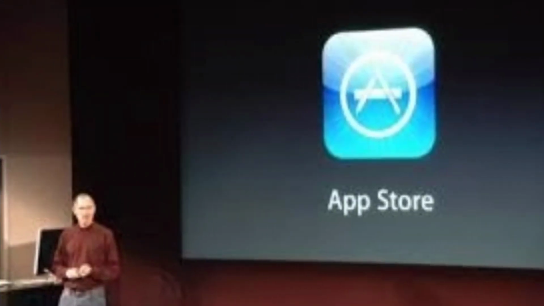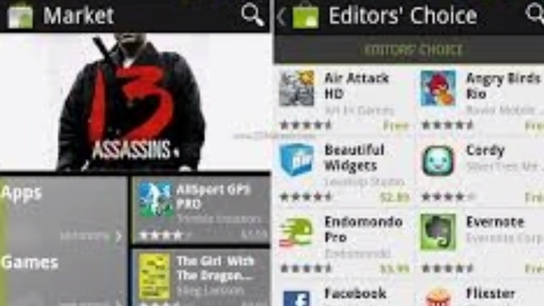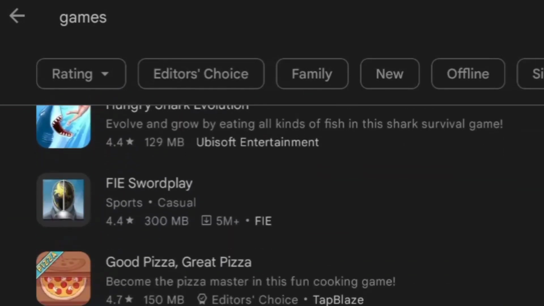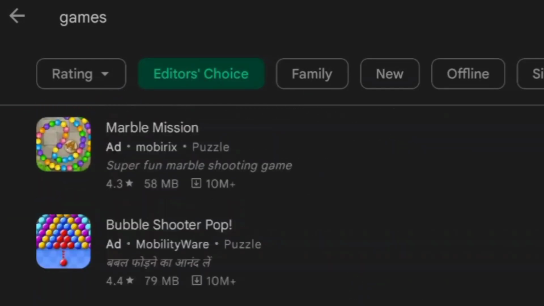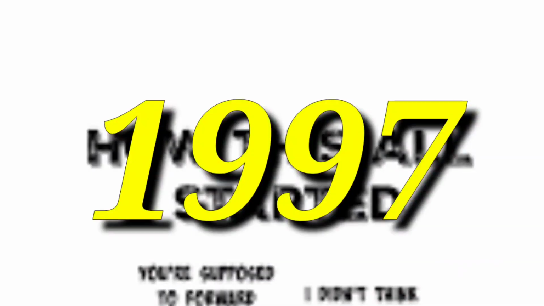Most of us might remember that mobile gaming started when Steve Jobs and the guys at Apple introduced the App Store back in 2008 and the Android market by Google in the same year. With a plethora of so many games, the possibilities were endless. But this is not where the mobile gaming craze began. No. It all began in 1997 by a little company at the time called Nokia.